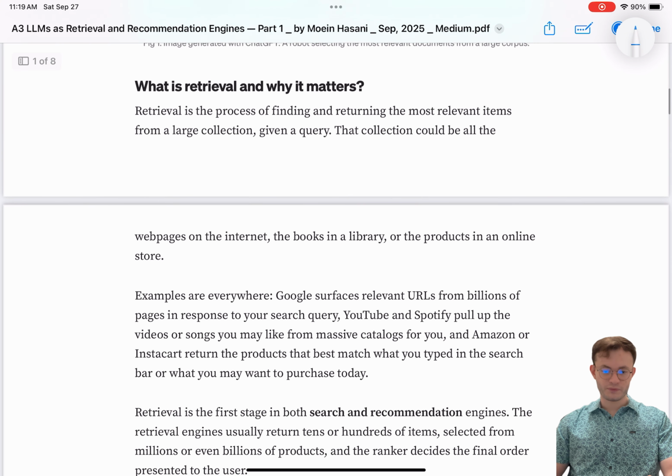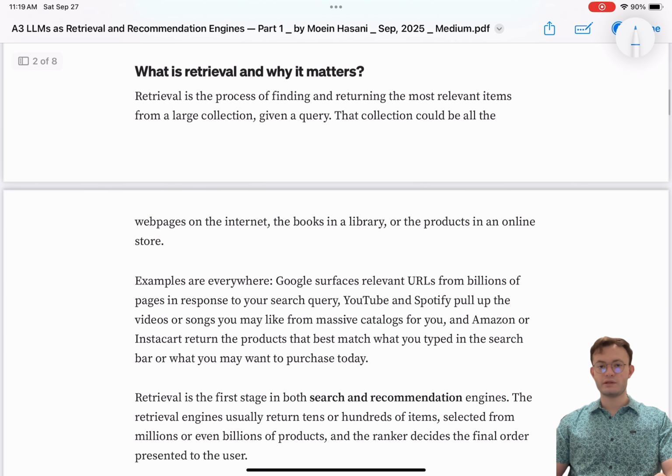So let's start with what retrieval is and why it matters at all. Retrieval means you have a large collection of things, and what you want to do is pick a few items that are more related to the task at hand.